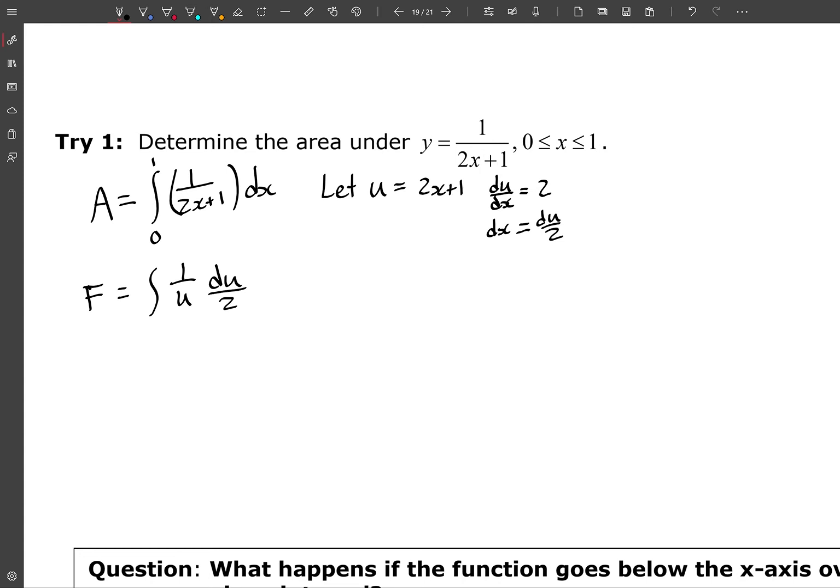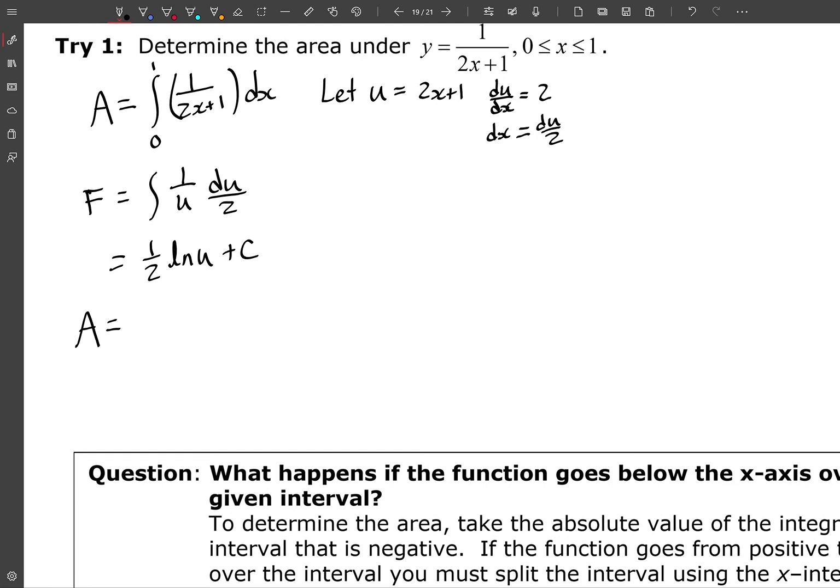So when I take that, this is equal to 1/2 times the antiderivative of 1 over u, which is the natural log of u. So if we take our area then, it's going to be equal to 1/2 natural log of 2x plus 1